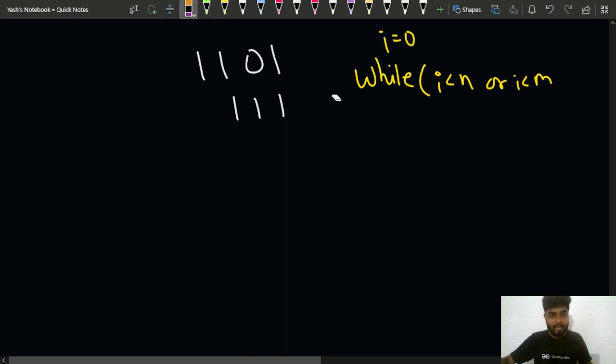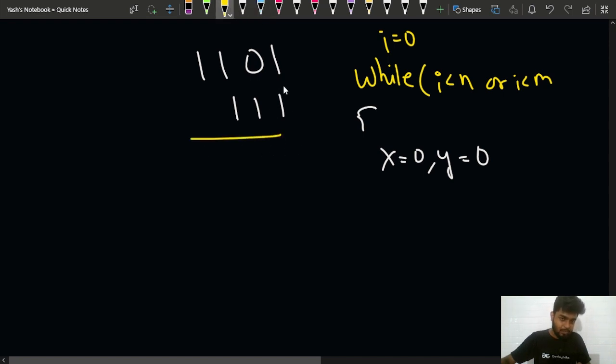If either of the strings gets exhausted, even then I'll be running, because for the other corresponding character I will have a 0 for it. So I'm saying that I will have x equal to 0, and I'll have y equal to 0 as well. And for this part, as you can observe, what is happening here? If I add this character and this character, I can see that they are existing. Is it existing? Yes, because you can see i is lesser than